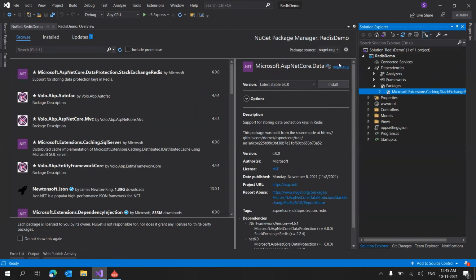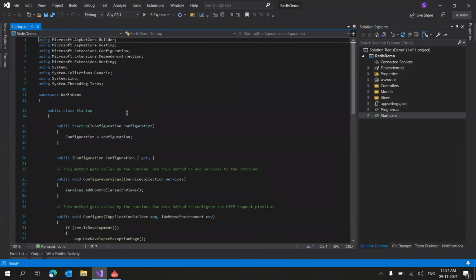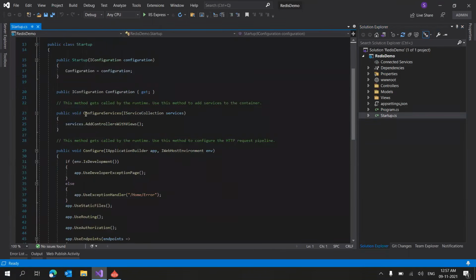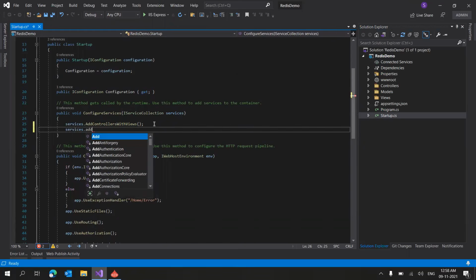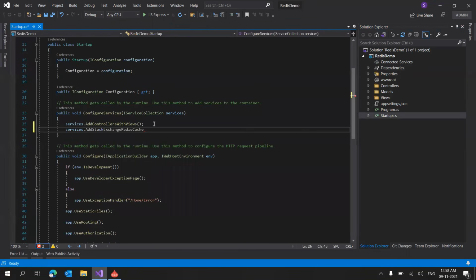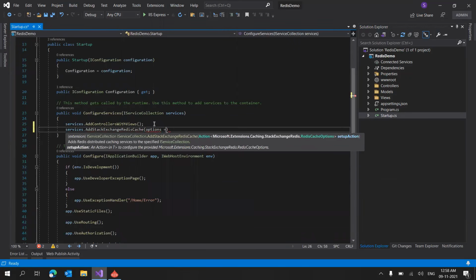Now let's see how we can implement those. So the first thing we are going to do is adding the dependency. So we need to open the Startup.cs class, and in the ConfigureServices method, we are adding the dependency here. So services.AddStackExchangeRedisCache, and we can provide the options. So I'm just providing options such that